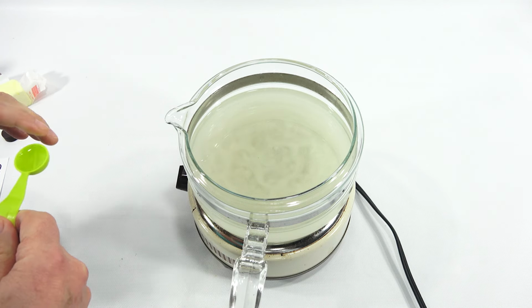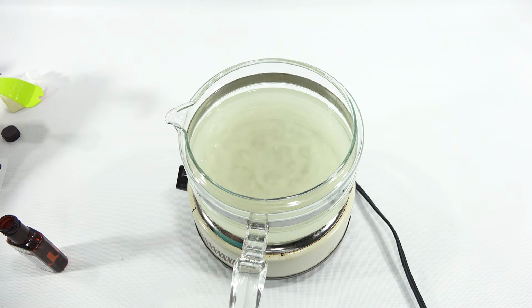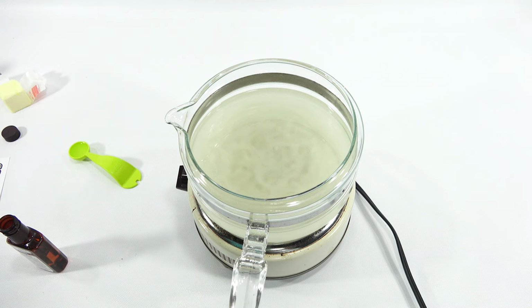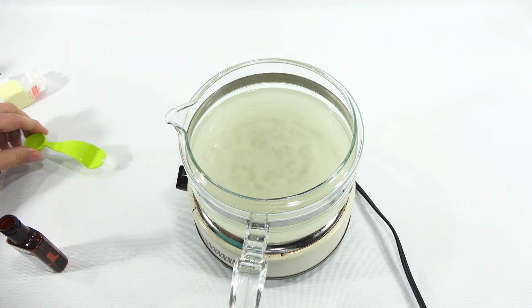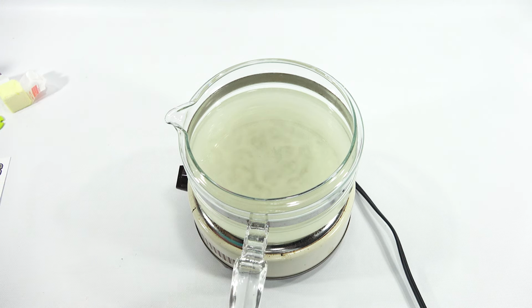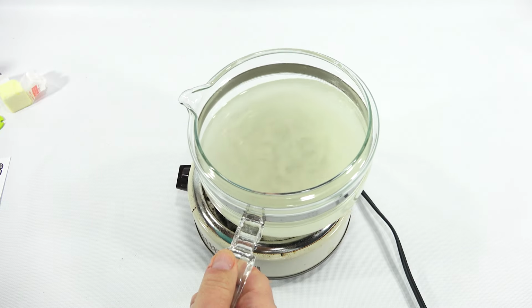Okay, the nice thing about these measuring spoons is you can just set them down. See, they're designed to sit down on the countertop. That's the way they were made. Okay, those were also found at a little garage sale or estate sale, I don't remember, but I've had them for a while. And I'm missing one from the set. I might have bought it that way, I don't remember, but